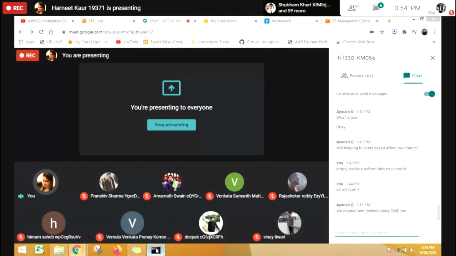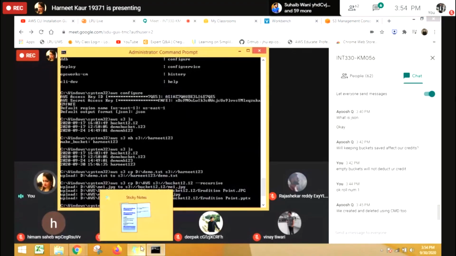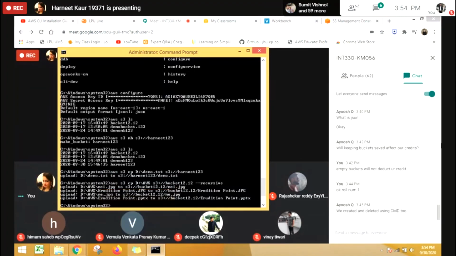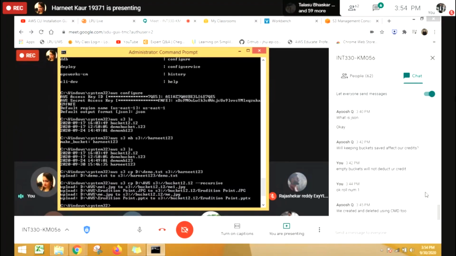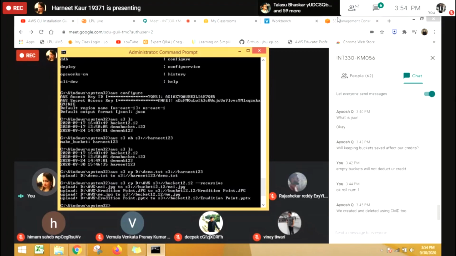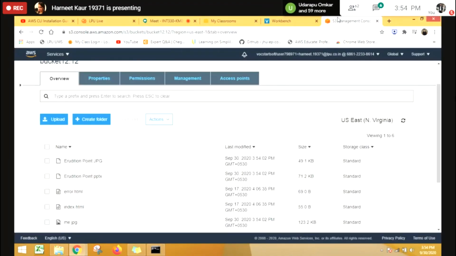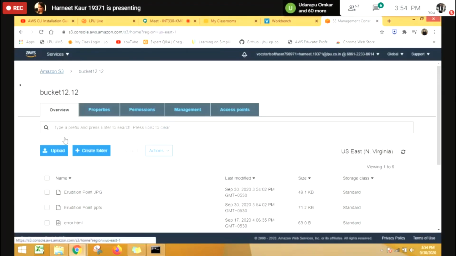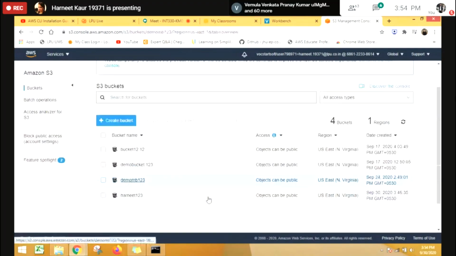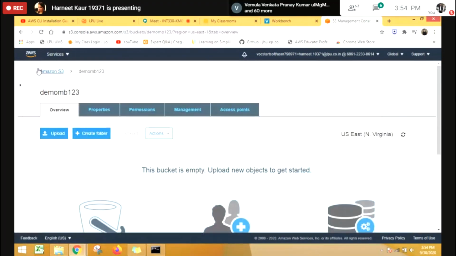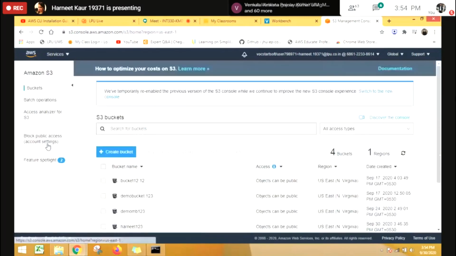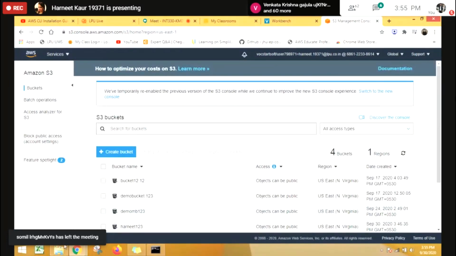So now what we are going to do is we have done with the copy of the data, right? And let's use the delete command now. So delete करना है मतलब remove करना है bucket. RB is the remove bucket. So let me see first of all which bucket is empty right now, जिस पे मैंने कुछ भी काम नहीं किया अभी तक. So this demo 123 bucket is empty. So I will try to delete this particular bucket. Okay.